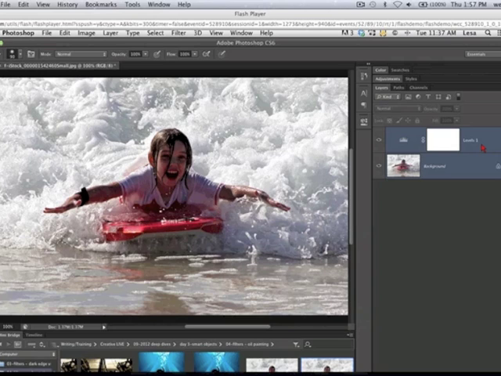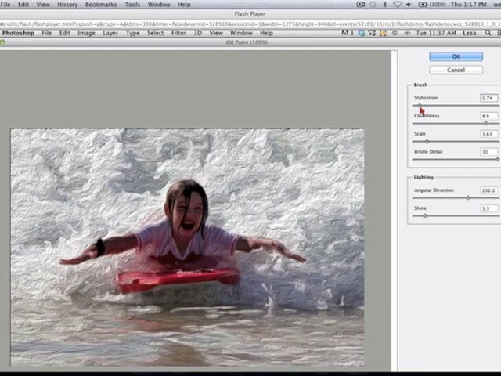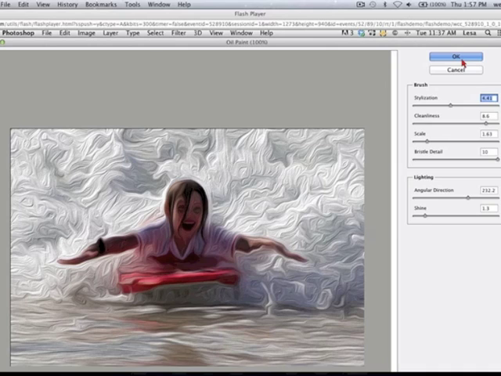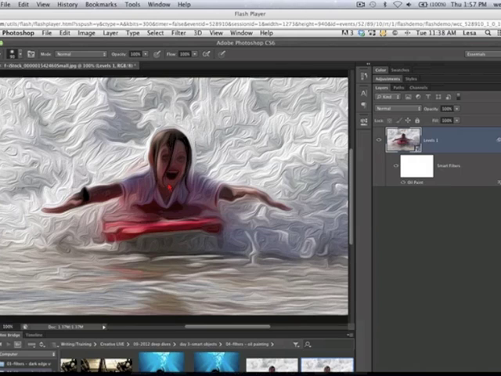And over here, you can use these various sliders to adjust what your brush strokes look like. I'm going to go ahead and pretend that those are fine. Click OK. Photoshop applies the filter and gives you the mask. Now the only problem with this is that her face has now morphed into, it looks like that Scream painting, and that's bad. We want her cute little face to still be recognizable. So what we can do is